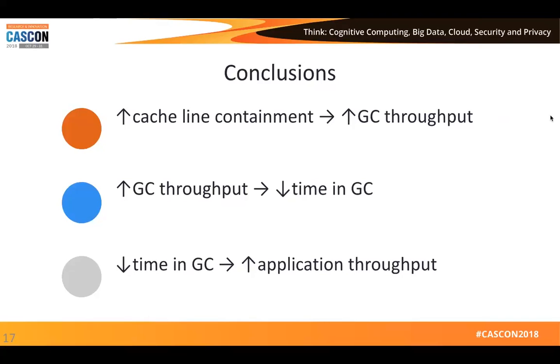Well, I'm kind of struggling with this. We're comparing cache line containment with a scavenger's algorithm, which doesn't give you very good cache containment, not as good. And you see the application scores improve slightly. I still think that doesn't, because GC is